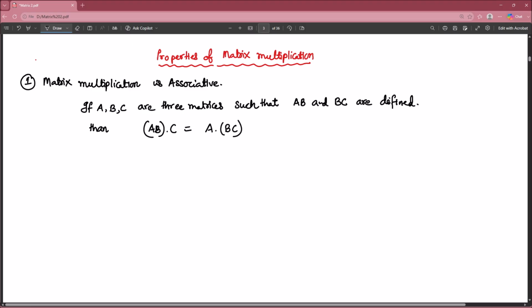That means we are saying that AB and BC is defined, means the number of